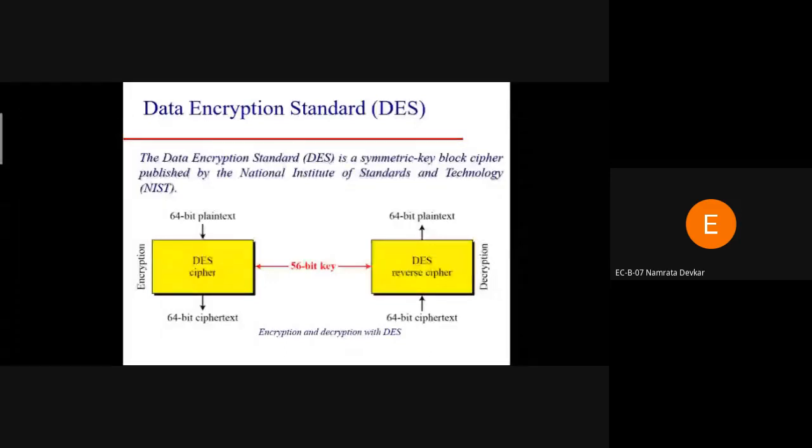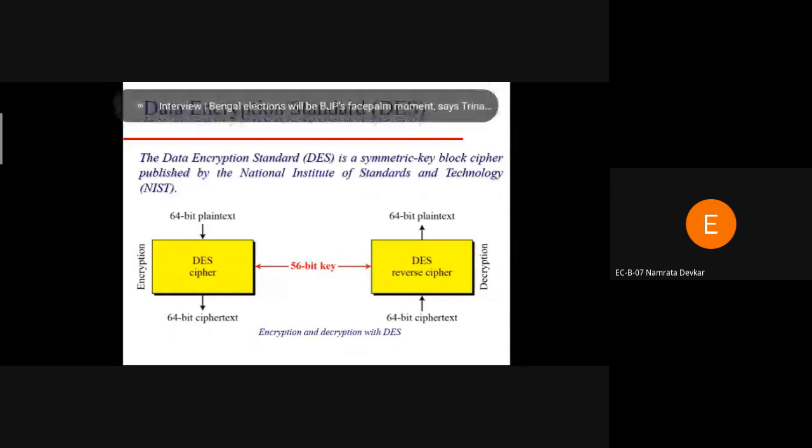We can study the definitions of plain text, ciphertext and cipher in the basic terminology. By using the DES algorithm, we convert the plain text into the ciphertext. If our plain text is 64 bits, then the output is also 64 bits. In order to do the encryption, we have to use the key. Here we use a 56-bit key, which is used for encryption as well as decryption.